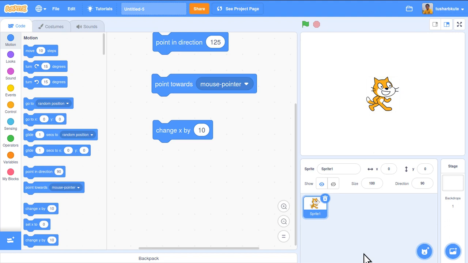Only X means your sprite will move in the forward direction by 10. Click, click, click. Keep it here. Click, click, click. Wherever you keep it, X will be changed by 10. Or I want it to be 50. So 50. Now click, click, click. It will always move in the forward direction.